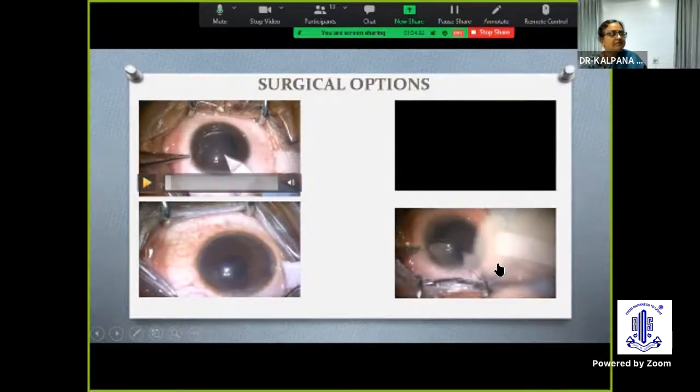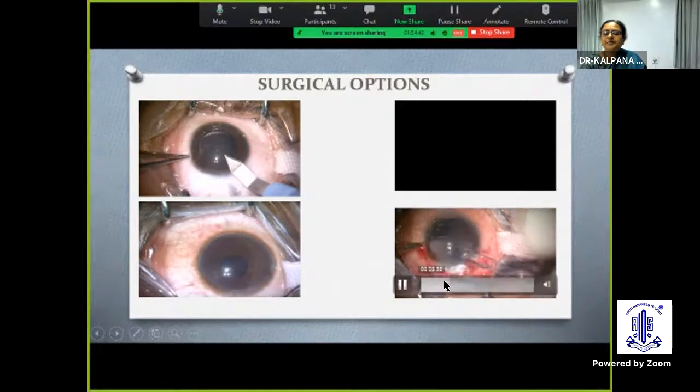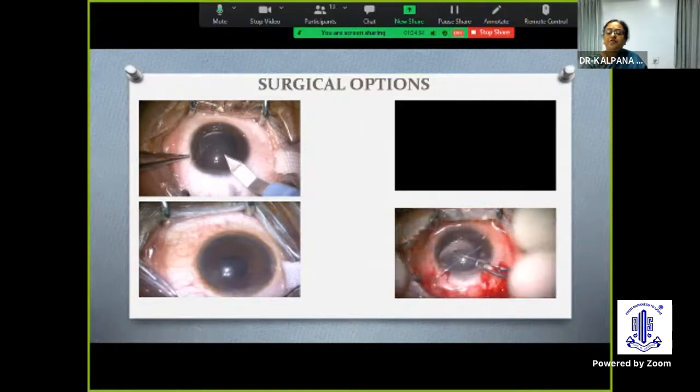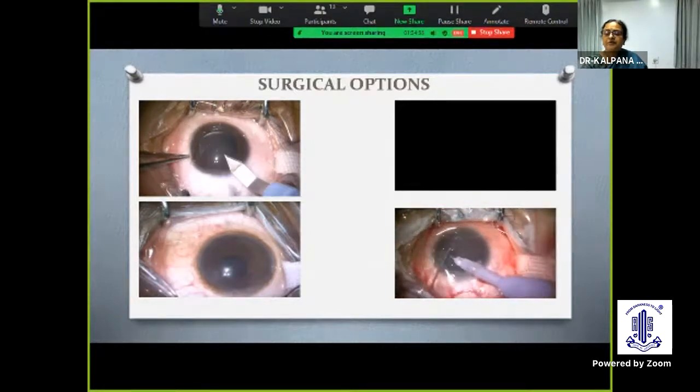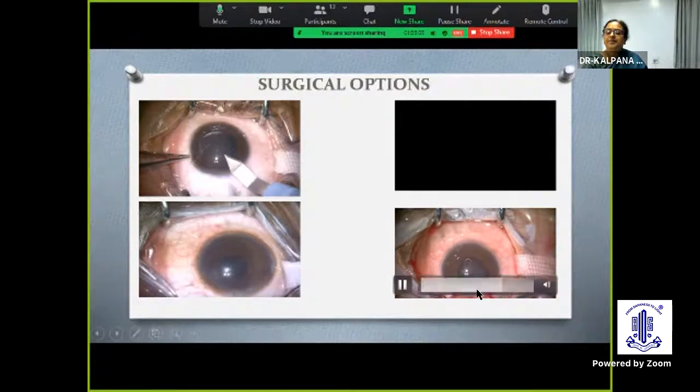If you see here, this is a gross subluxation. I'm making a clear corneal incision. I'll just take a minute here. These kids are very difficult. When I made my side port entry, I also punctured the anterior capsule, because with the cystitome it might be very difficult, as the capsule is very tough and the zonules are not in position. Here, I'm using the spatula, holding the lens, and doing the aspiration. So remove the cortex. It can be very easily done in the limbal approach. Vitrectomy is done, then a peripheral iridotomy was done, and then the wound is closed.